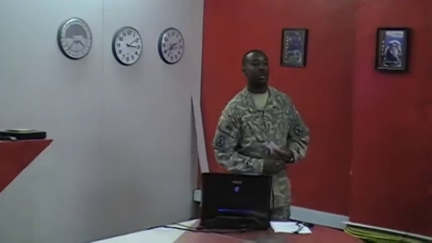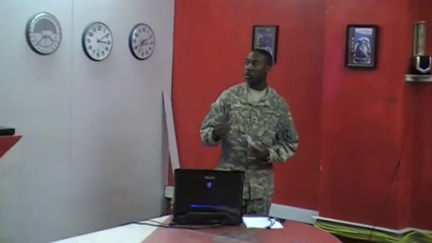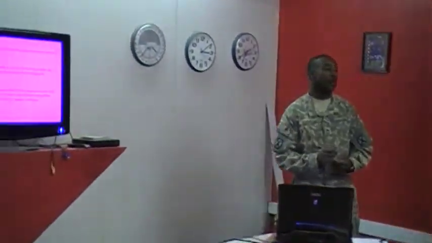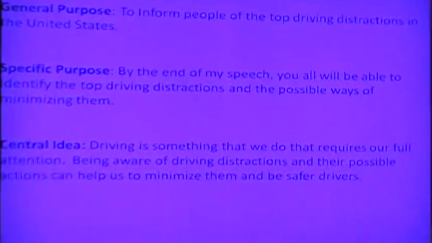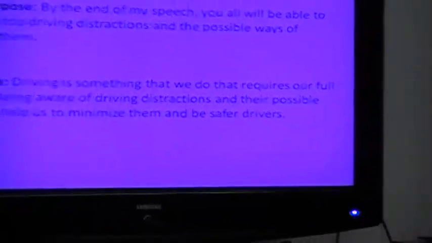The specific purpose is that by the end of this speech, you will know what the more common driving distractions are and be able to identify them to help minimize them while you're on the road. Driving is something that we do that requires our full attention. Being aware of driving distractions and their possible actions can help reduce these distractions and